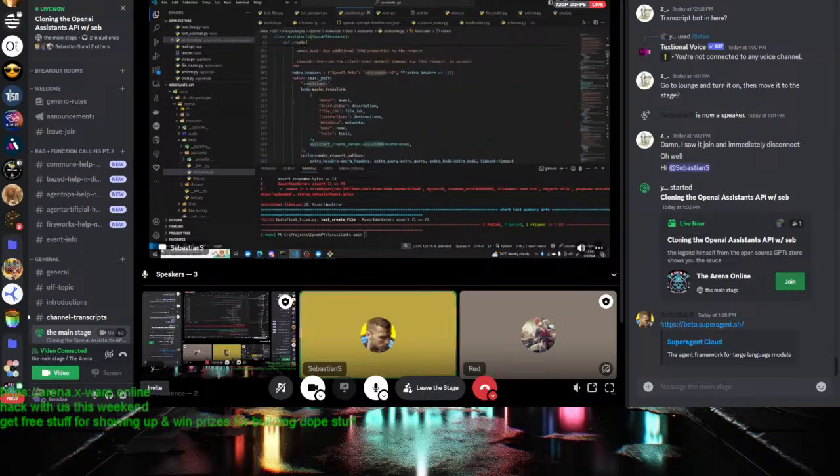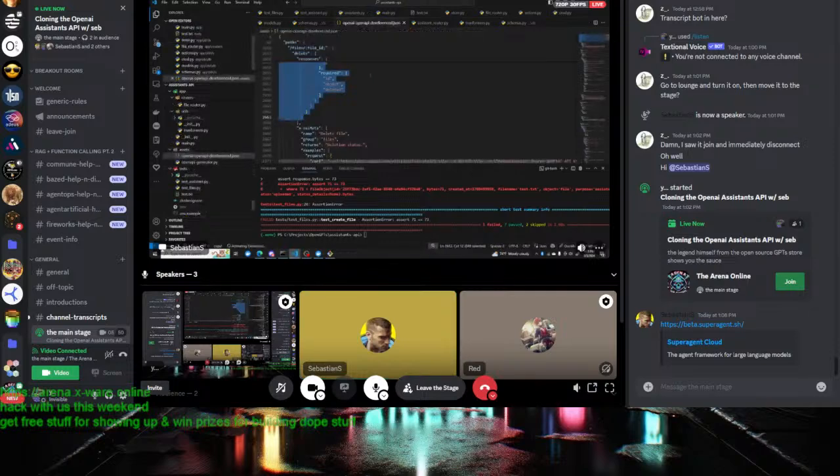And then at the bottom, it shows the actual HTTP request that it's making. Here, it's making a POST request to assistants. So using this information, you can then go to the